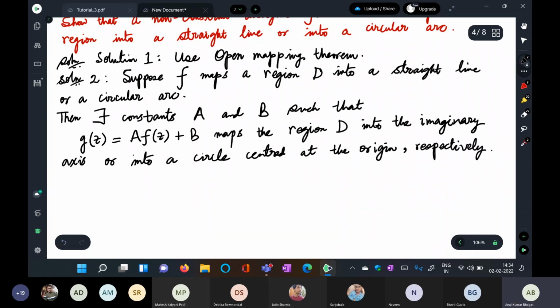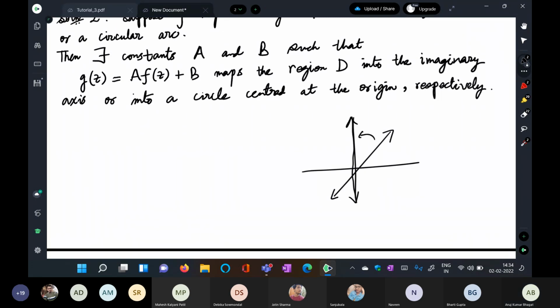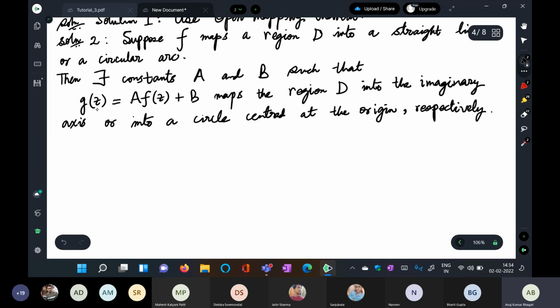See, try to understand my point. Whenever you have a line like this, you can divide by a proper constant or multiply by a constant, which is the same thing, and you can shift that such that this becomes like this. So there will always exist some constants a and b such that you can turn this line into the imaginary axis. With the help of the constants a and b, this function g(z) will map the whole region D into the imaginary axis,